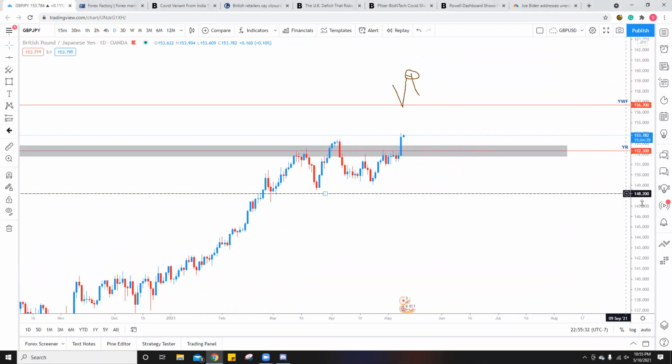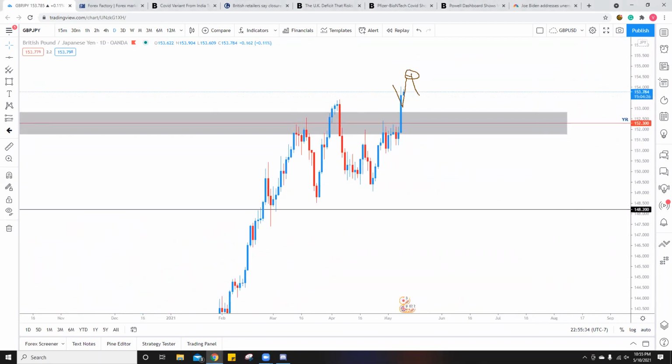So pretty much what we're looking for here, I see what you're saying and I agree. What we're looking for is, actually let me pull that out. So now that we got a bullish close above it, now what we're looking for is